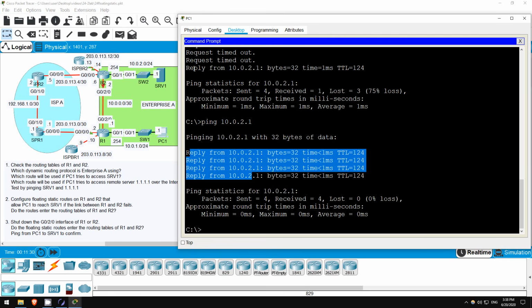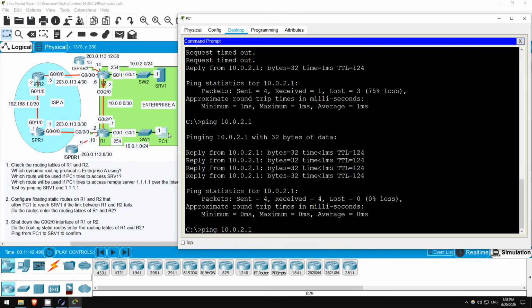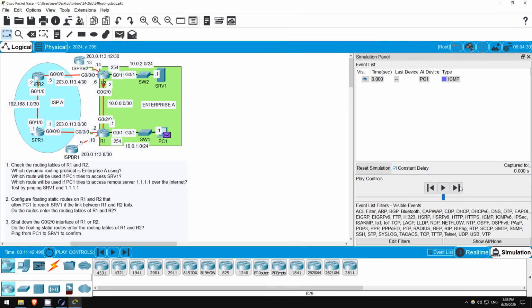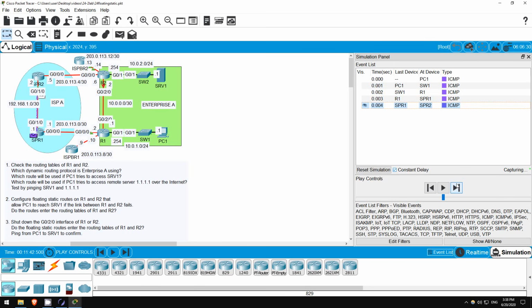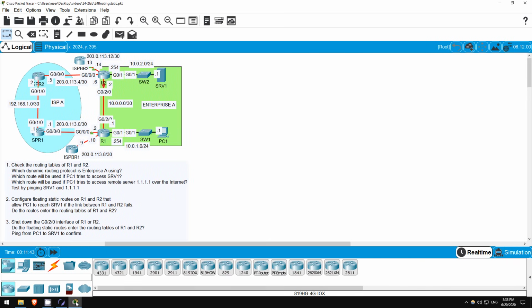Now let's switch to simulation mode and ping again. Ping 10.0.2.1. Looks like the floating static route is working. The ping to server 1 now uses the backup path via ISP-A, and the return traffic does the same. Before finishing this lab, I'm going to switch back to real-time mode and show you another useful tool to check